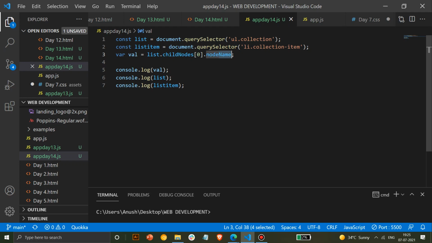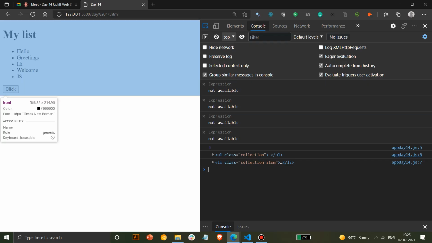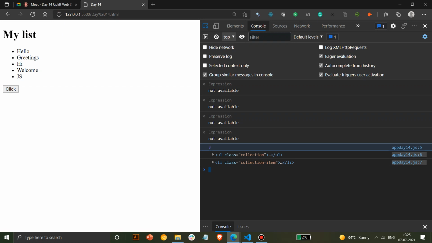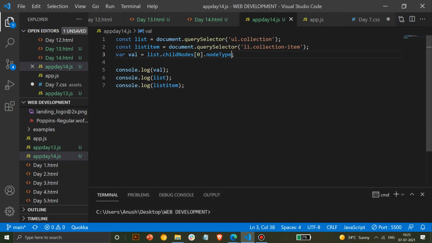There's something called node type, but we won't be requiring node type. It shows what kind of element it is, whether it's an element or a text, and you won't require this. If you really want to study JS, just Google what's node type. There are around 7 or 10 types of node types, and you can check what a specific node type does later after the class. Any doubts up till now? Any issues? I'll move on to the next thing.